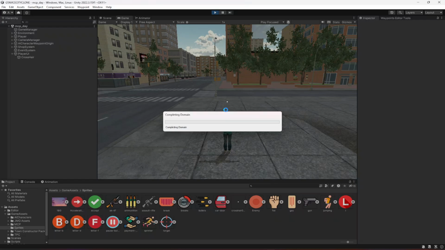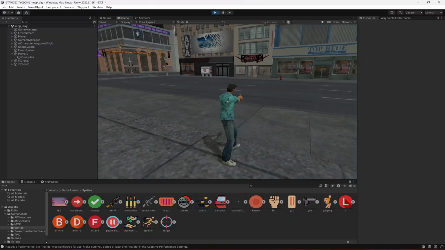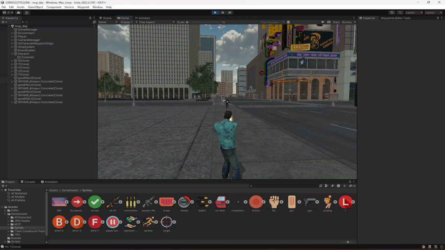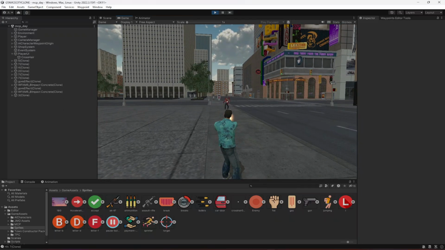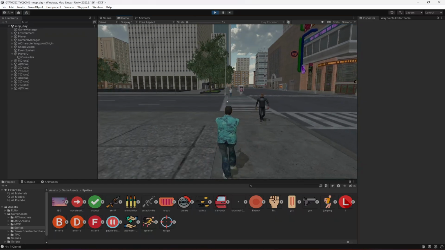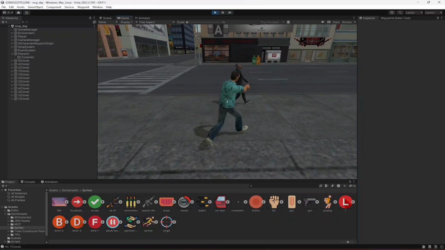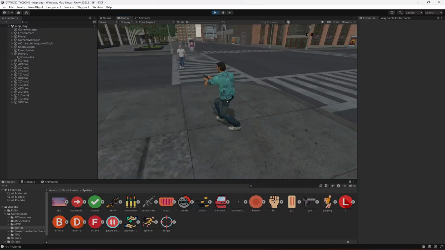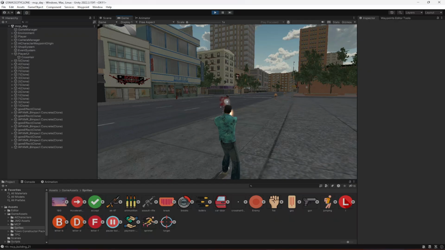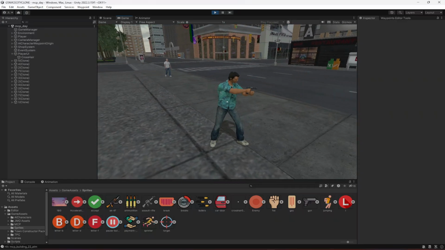Alright, now let's play the game. Let's pick up our pistol, okay. And as you can see, we can shoot the character. But if you notice, this character has some issues with the dying animation. And don't worry, this character was the same which was instantiated right here. Okay, it is not the one which got died. For example, if you kill him again, as you can see, there is an issue with the animation. Okay, it is not